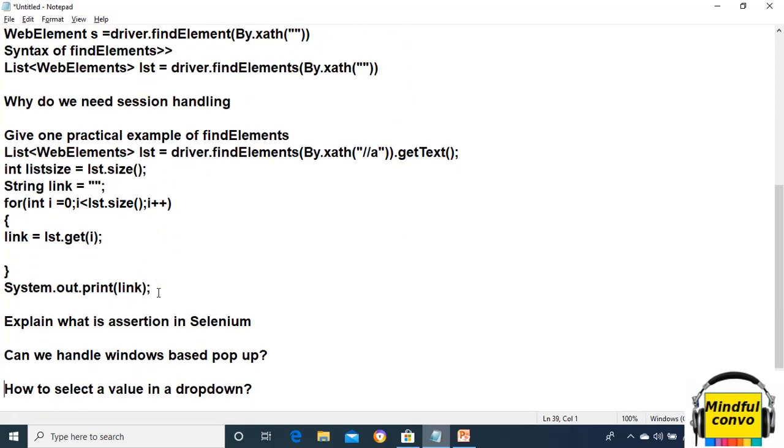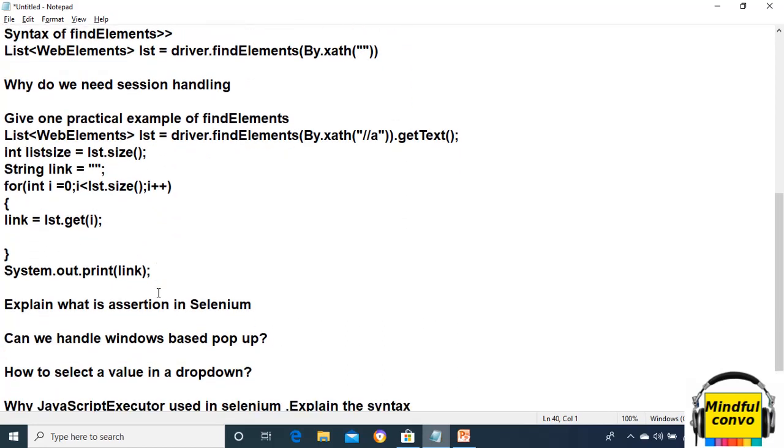Okay. Now our next question is, what is assertion in Selenium? So assertion is used as a verification point. It verifies whether the test has passed or not based upon the statements we have provided. The types of assertion are assert and verify. So here the main question that comes into everyone's mind is, what is the difference between assert and verify, as they both are used as a verification point.